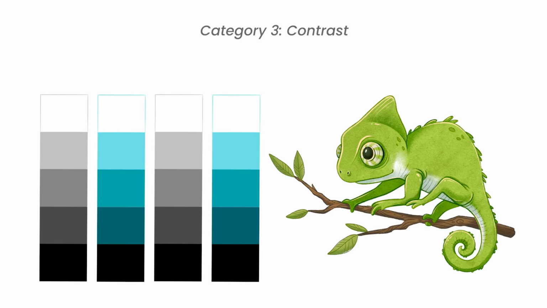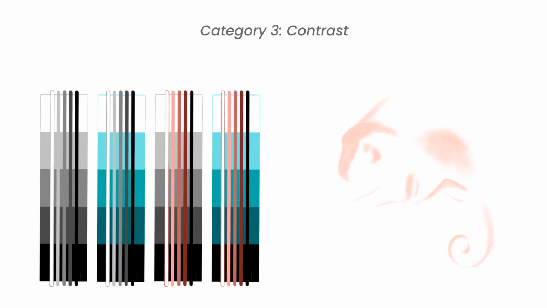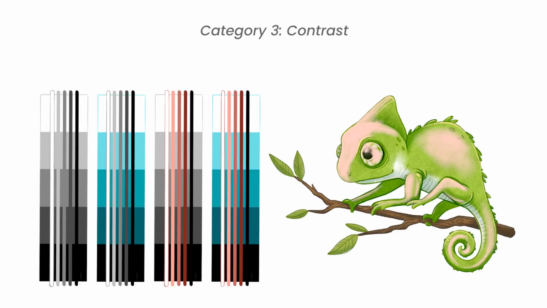Now, the contrast category is a little bit more complicated because it combines both the lighten and the darken categories at the same time. So if you're new to blending modes or if you're just a bit confused right now, that's totally okay. I recommend you open up the cheat sheet, put it next to the video, that way you're going to have a quick way to visualize how everything is interacting together.